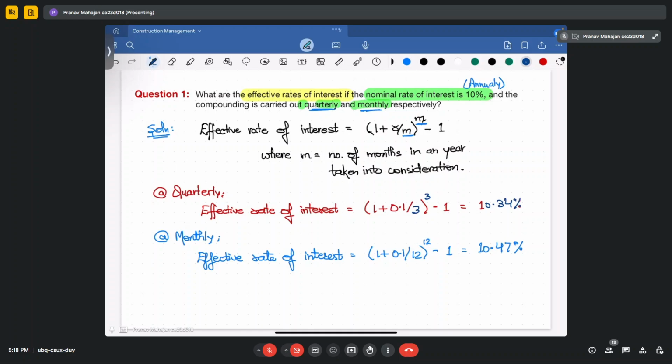10.34%। तो जब भी आपको उसमें बोला होगा कि इफेक्टिव रेट ऑफ इंटरेस्ट निकालना है, मोस्टली होता क्या है, आपका जो इंटरेस्ट होता है क्यूमुलेट होता है, वो ईयरली बेसिस पे होता है, एनुअली बेसिस पे। बट समटाइम्स इन सर्टेन केसेस आपको दिया हो कि आपका जो क्यूमुलेशन होगा इन अमाउंट का, वो क्वार्टरली होगा या मंथली होगा, तब आपका जो एनुअल रेट ऑफ इंटरेस्ट होगा वो बढ़ जाएगा। क्योंकि सपोज आपने आज 100 रुपए दिए, अगर आप उसका ईयरली अमाउंट देखोगे 10% के हिसाब से, तो वो हो जाएगा 110 रुपए। हाउएवर अगर आपको 10% इंटरेस्ट ही 100 रुपए में मिल रहा है, सो दैट मीन्स आपको मंथली में 10.47% का इंटरेस्ट मिल रहा है। ओके, ये मतलब होता है आपका मंथली एक्यूमुलेशन का और क्वार्टरली एक्यूमुलेशन का।